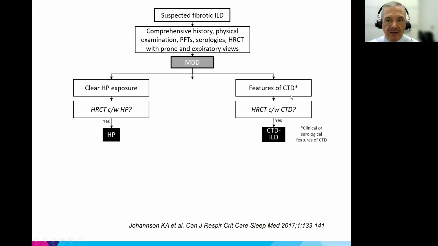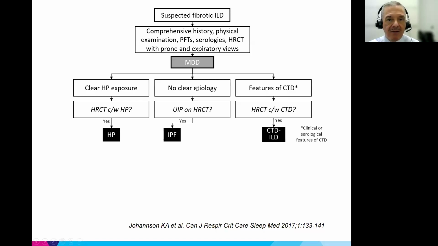If the individual had features of collagen or connective tissue disorders, and that means both clinical and serological features, the serologies by themselves can be completely nonspecific. There has to be some clinical indication. And if the high resolution chest CT scan, again, is consistent with the many patterns of ILD that connective tissue disorders cause, then again, it is reasonable to assume that that is the type of ILD that we are faced with. Unfortunately, in a lot of cases we don't have a clear,